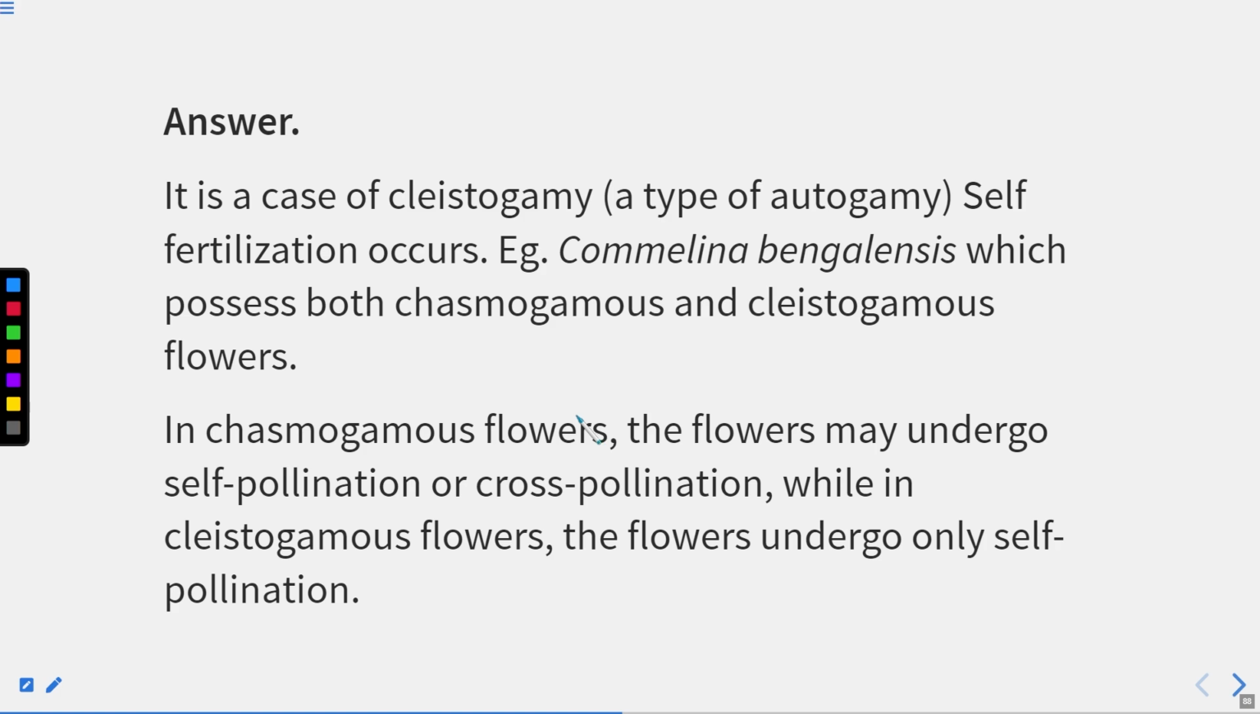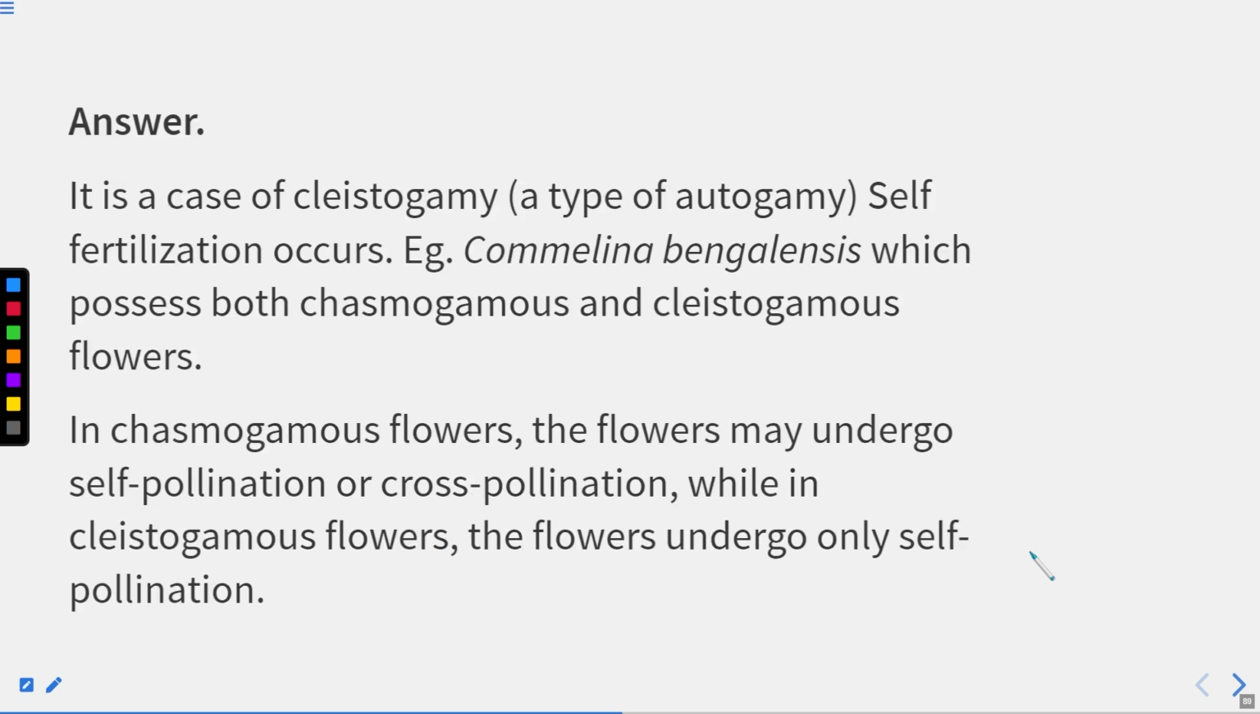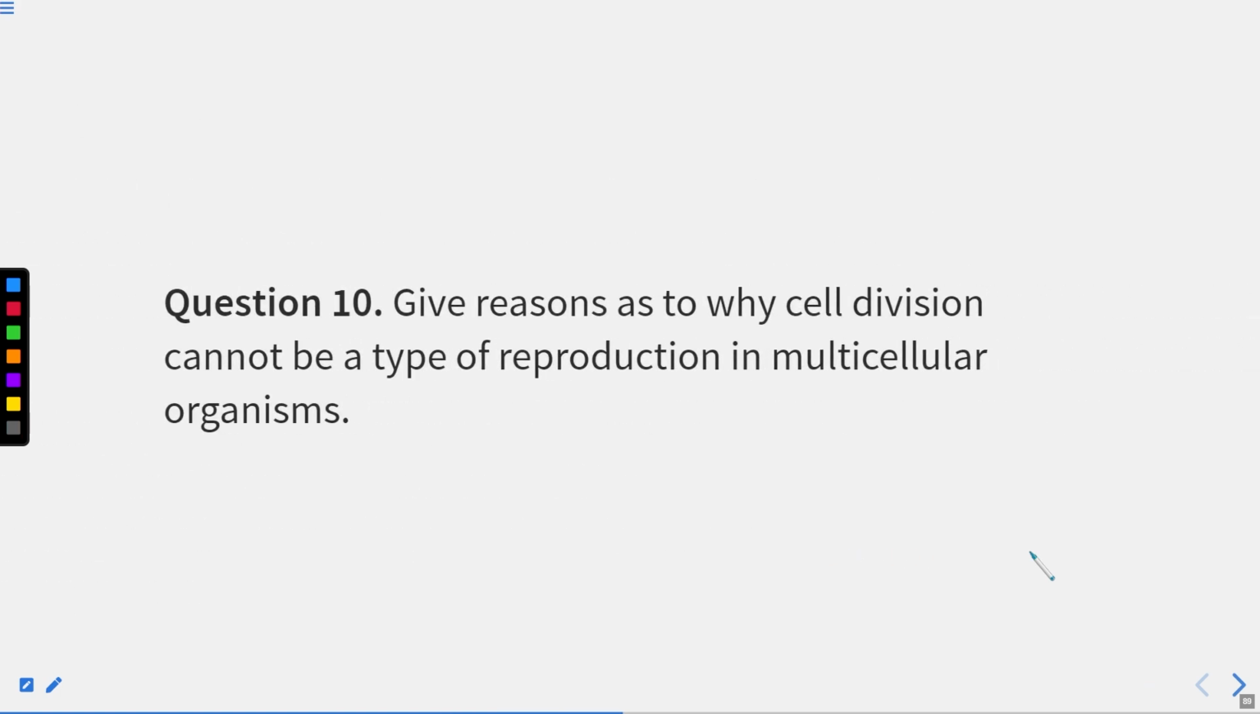Now, in a chasmogamous flower, the flowers may undergo self-pollination or cross-pollination, while in the cleistogamous flower, the flower undergoes only self-pollination because these are closed. That's why they undergo self-pollination only. This I've already explained to you. Now let's talk about question number